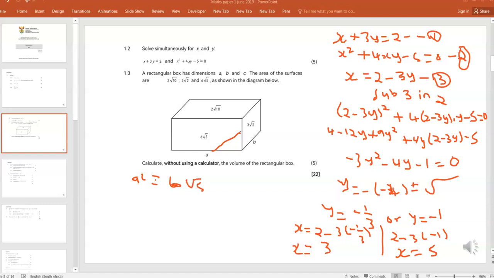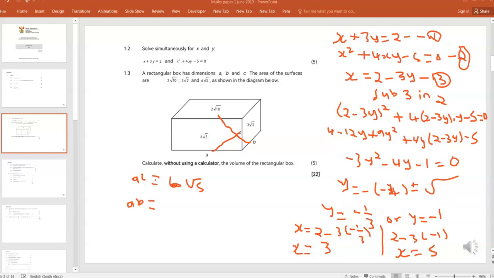So now when it comes to volumes, we'll think about multiplying all the 3 areas, but we'll see how we can do that. So mostly when we're looking at a volume, we tend to multiply all the areas. So this means now that's my AC. My AC will be 6 root 5. Then what else can I think of? That is AC there, going from there to there. And then again, the other line can be from A to B, from this to there. So yeah, that's my other one. So I can have AB also giving us